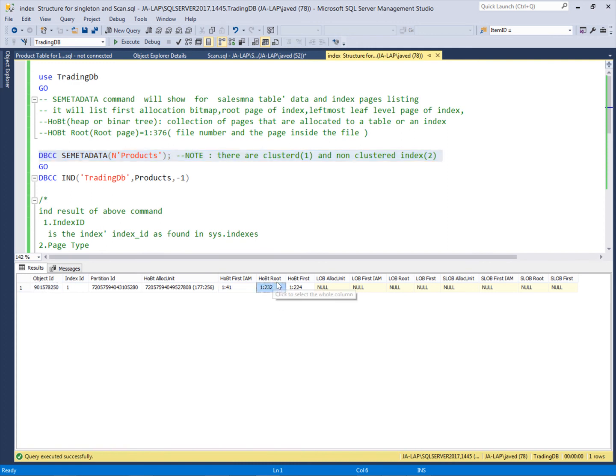The root index page starts from 232, where the first number is the file ID, and in this file the root page is 232.